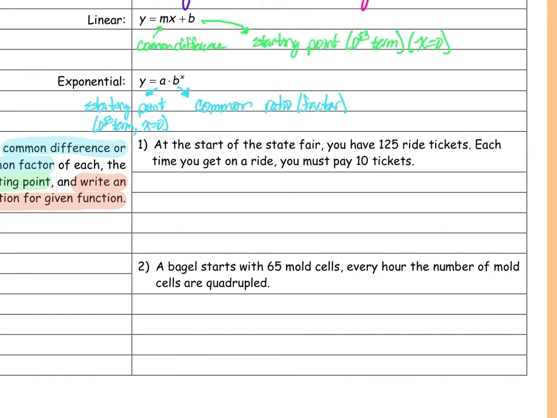Okay. So it says at the start of the state fair, I have 125 ride tickets. Each time I get a ride, I must pay 10 tickets. So what's the information that I need? I have 125 tickets, and what's changing? Well, I have to pay 10 tickets every time I go on a ride. So if I make a table out of that, which I can,